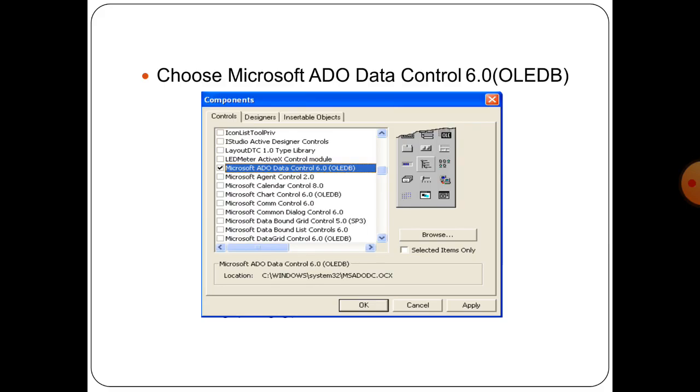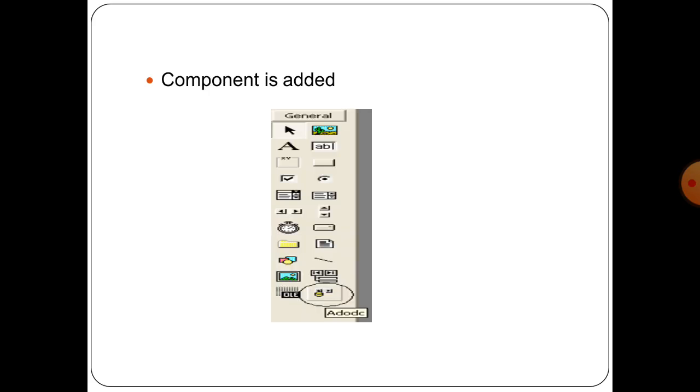In that, choose Microsoft ADO Data Control 6.0, that is OLEDB, Object Linking and Embedding Database. Select Microsoft ADO Data Control 6.0, press apply and press OK. If you press OK, that particular component will be added to our toolbox.